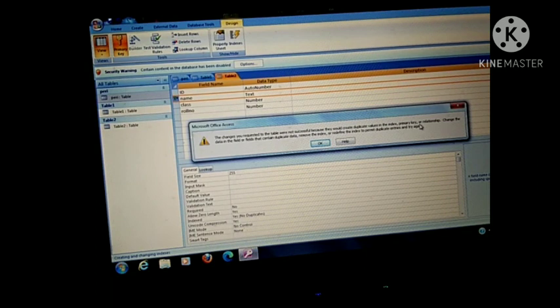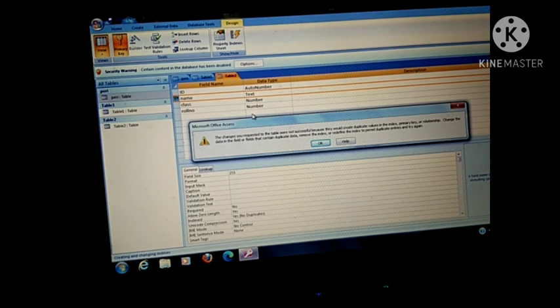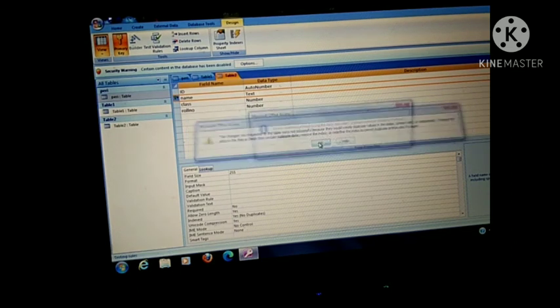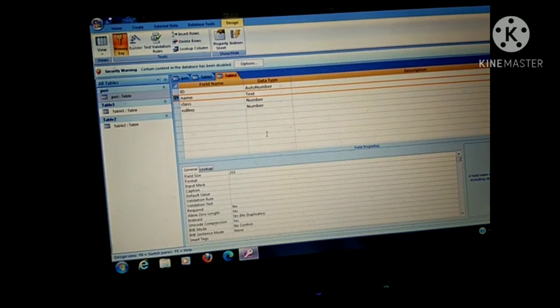Why this error here? Because when I created this table and inserted values, records in this, you know, what did I set? I set name as primary, and in the name field I have already placed a duplicate value there. DF name I had repeated twice. Now I am clicking OK. Error was encountered during the save operation. As soon as I click OK, what happens, automatically the value will be replaced from there.